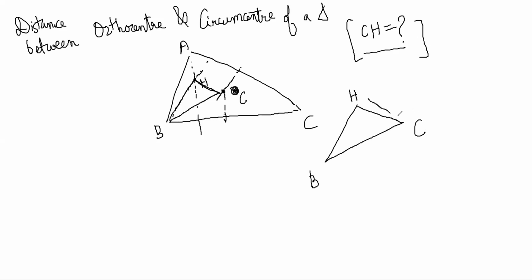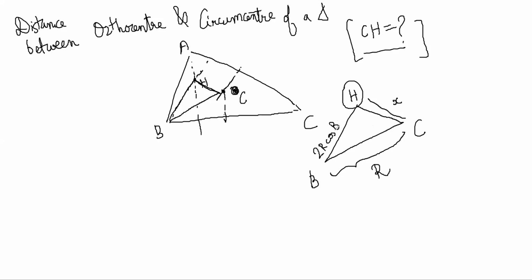In this triangle I need to find out this distance x, right? So what all stuff do you know about this triangle? So first of all, BC is the radius capital R, no? And BH is the distance of the orthocenter from one of the vertices. So we know that this is 2R cos B. This is a derivation that we did earlier today, right? The distance of the orthocenter from the vertices is 2R cos B.